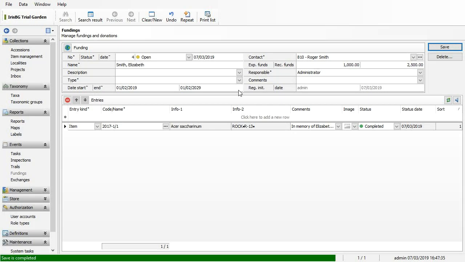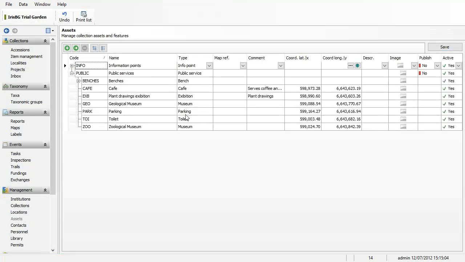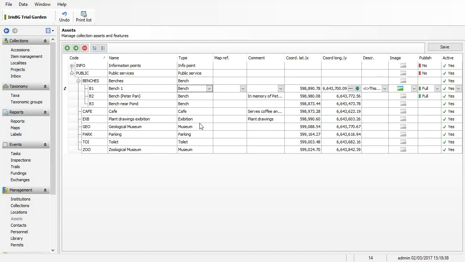Basically, no. The only other thing that you can export to the website, and I addressed this to you in the email, was assets. So we add things like benches and tree dedications to assets, and those will get published and then show up on the website under the features tab. So you can look for different sorts of things there, and you can mark